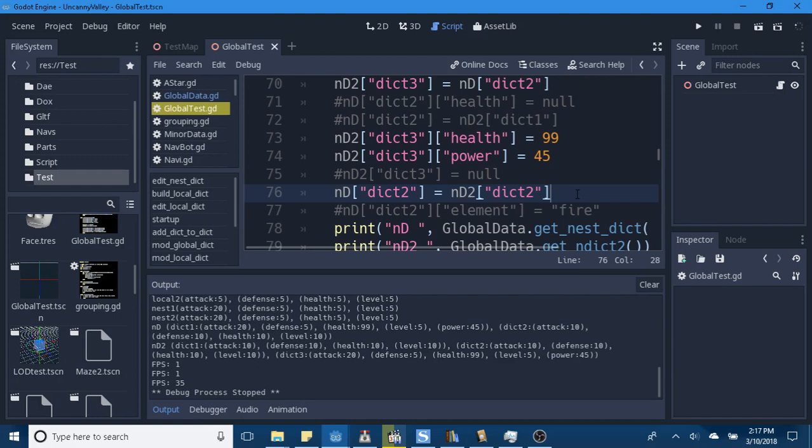But then again, if you take any one of those dictionaries and make it equal something totally else, it'll lose that reference instead of making everything else the same as that dictionary you completely overwrote, which is actually really good,